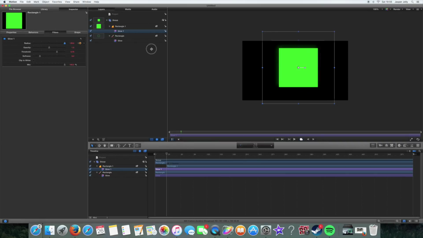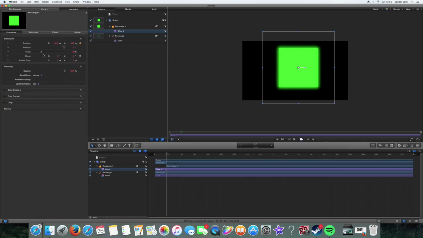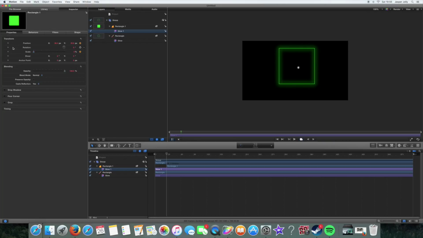Okay, now what you want to do is adjust your radius and your opacity, change it how you want it. Now, the way to check is if your threshold and softness are working. That is how you figure out if that glow has worked. And then you just want to change your size to really small, literally invisible, and then move it frame by frame. So as you can see,